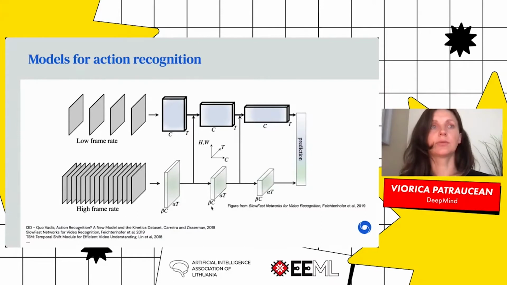Another nice model is this one, for example, SlowFast from Facebook, which has some inspiration from the human visual system, where they have this kind of two-stream system, one that looks at the video at a low frame rate, one at a high frame rate, and then combines activations. In the same way that it's useful to reason about images at different spatial scales, this model extends that same idea in time. So you use different temporal resolutions and extract richer features that allow you to perform a task.